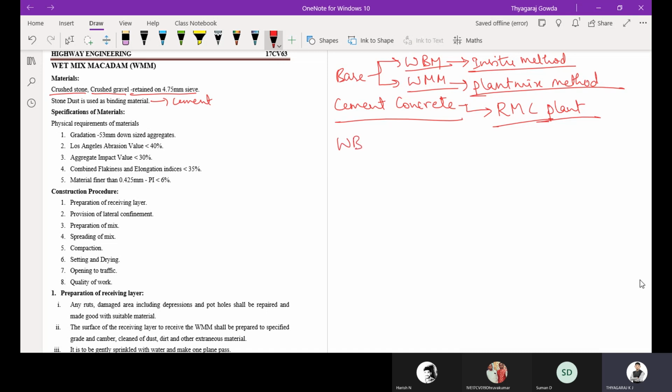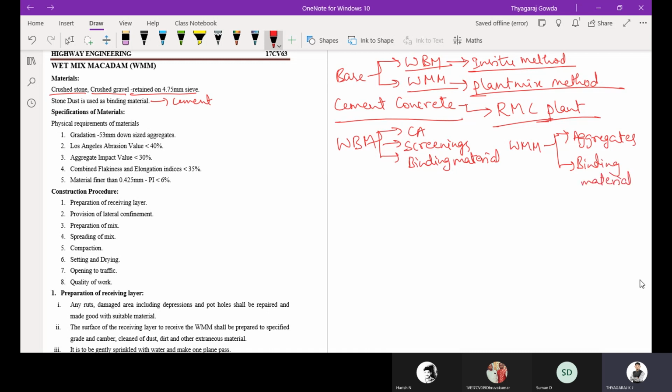In WBM we have seen three types of material: coarse aggregate, screenings, and binding material. But in wet mix macadam only two are there: one is the aggregates, another is the binding material. You can use stone dust, that is quarry dust, or cement as a binding material.